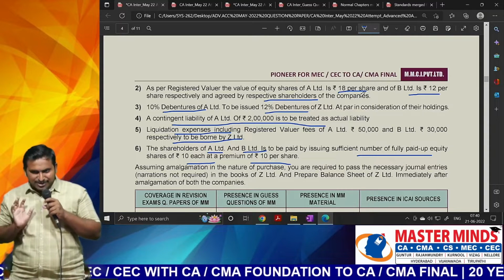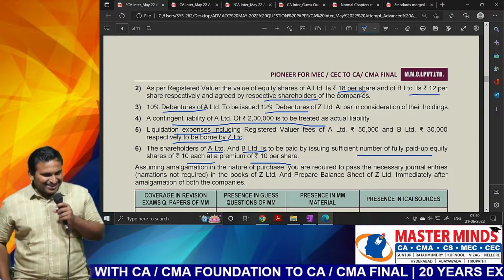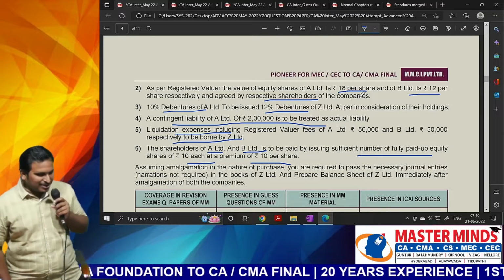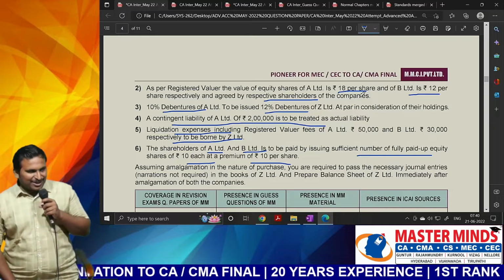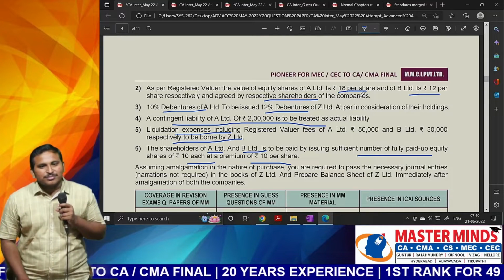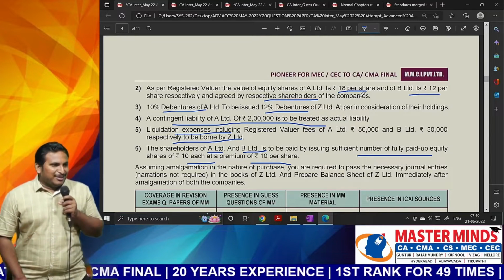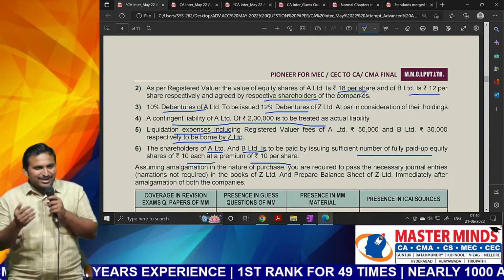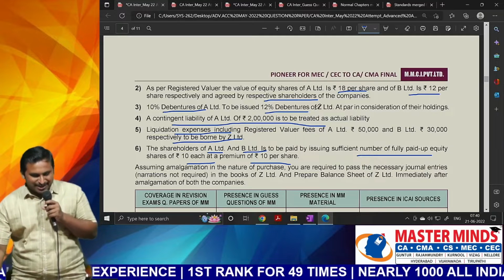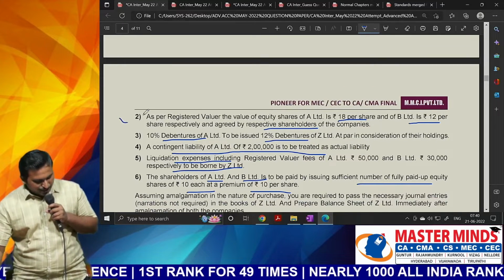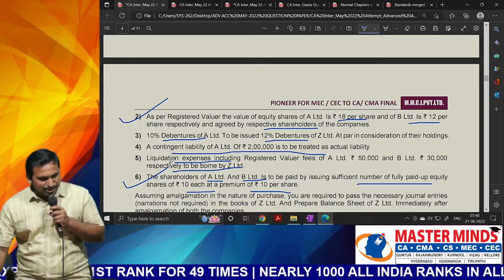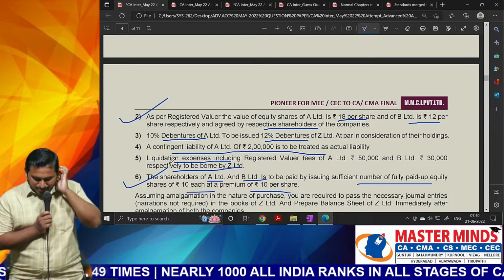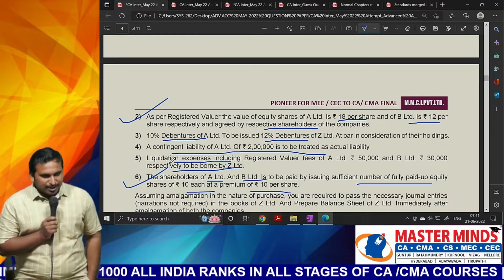Can you identify which method we are following? Is it the payments method or the net asset method? Looking at the information, where payment information is very clear, we follow the payments method. Where it is not very clear, we follow the net asset method. Relating to consideration, only 2 points are given. Just look at these 2 points and guess on what basis we will give purchase consideration. You should get one doubt.